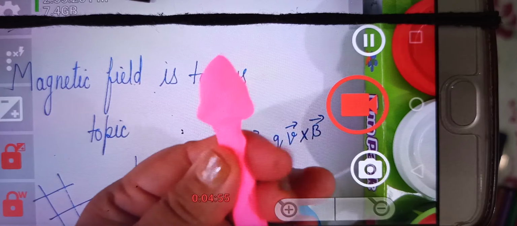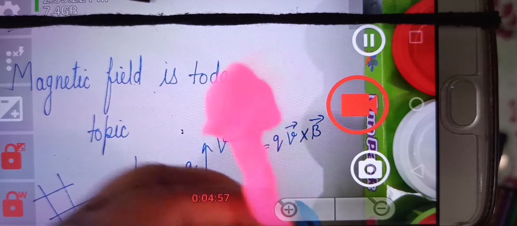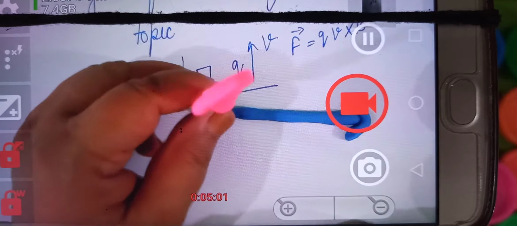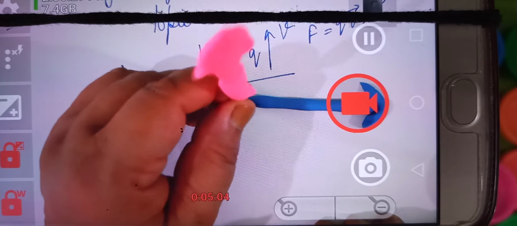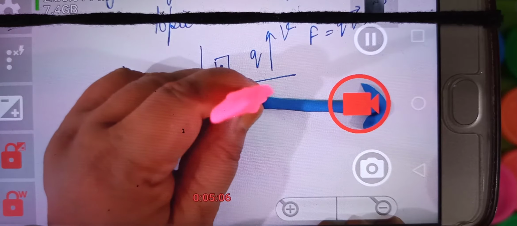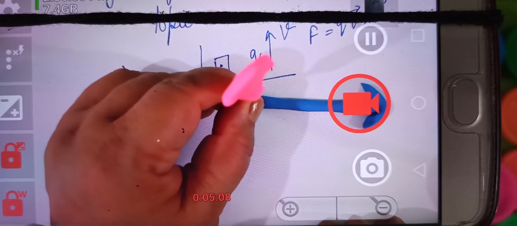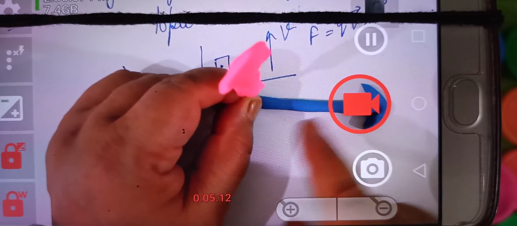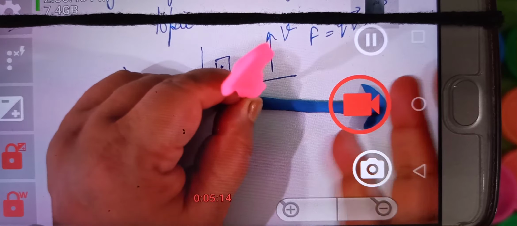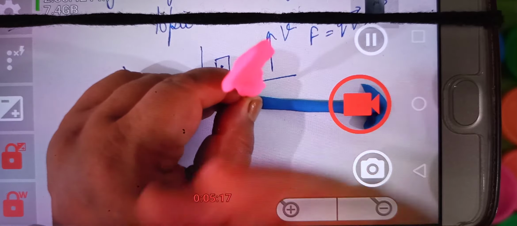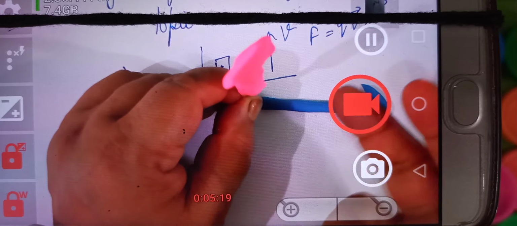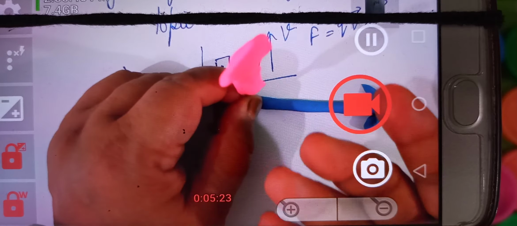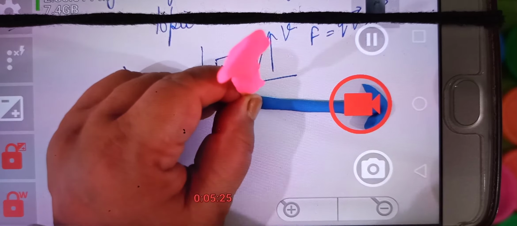Like I use this clay, and if I want to explain to my children that the pink vector is perpendicular to the blue vector, then I used a stick, clay and a 3-dimensional model to give them a 3-dimensional view, which can enhance their imagination and they can easily get the difficult concepts of physics.